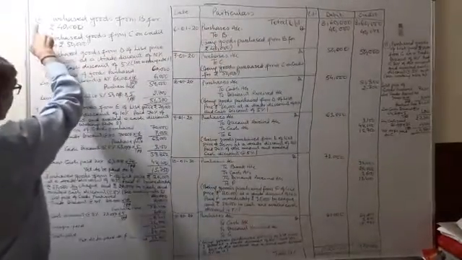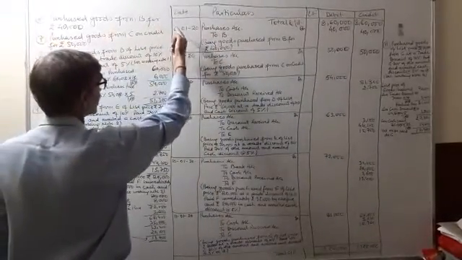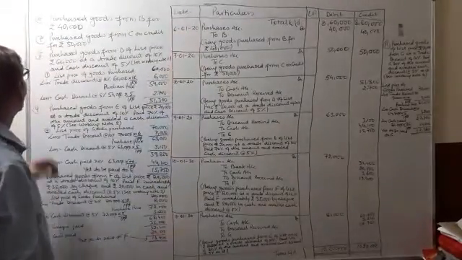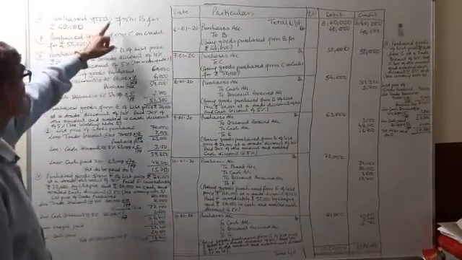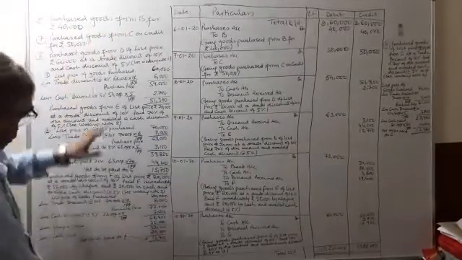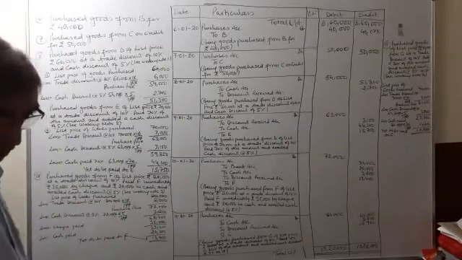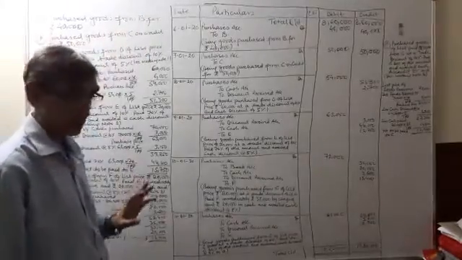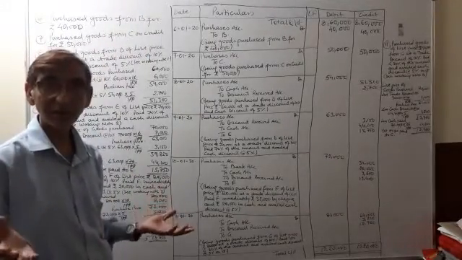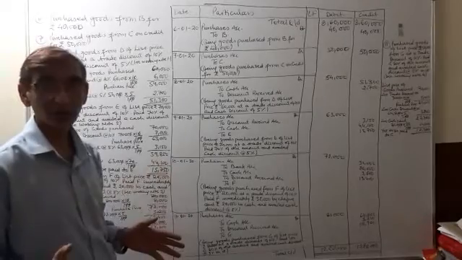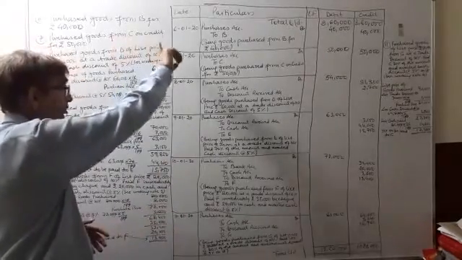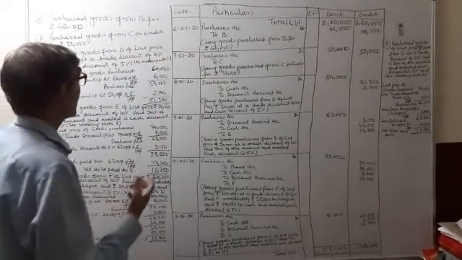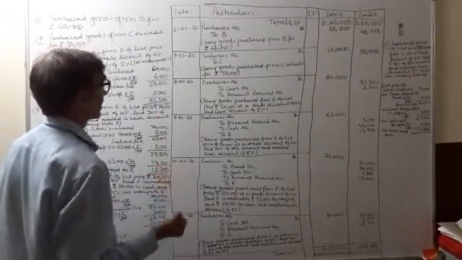Now the sixth transaction, assume it to be your sixth date of the month January 2020. So the sixth transaction says purchase goods from B for rupees 40,000. We have purchased goods from B for rupees 40,000. So only B is given, only the name is given. It means that it is a credit transaction. So when the name is given and cash or credit is not mentioned, it is assumed to be a credit transaction. So we have purchased goods from B on credit.